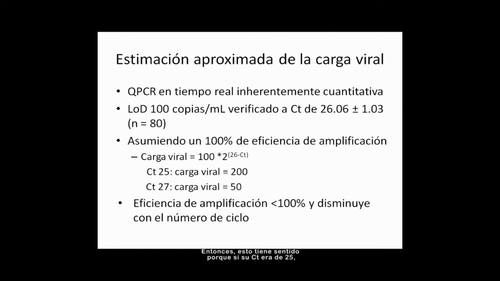That makes sense because if your CT was 25, you're basically resulting one cycle earlier, so you would expect your viral load to be twice as high as your limit of detection. If you plug that into the formula, you get a viral load of 200. If you're one cycle later than your limit of detection, you plug it into the formula, you get a viral load of 50. Well, of course, nothing in life is that simple, because amplification efficiency is less than 100%, and